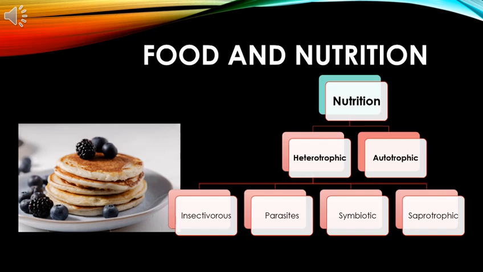The heterotrophic type of nutrition is also divided into four types: insectivorous, what are herbivorous? Herbivorous are animals that eat plants. Carnivorous